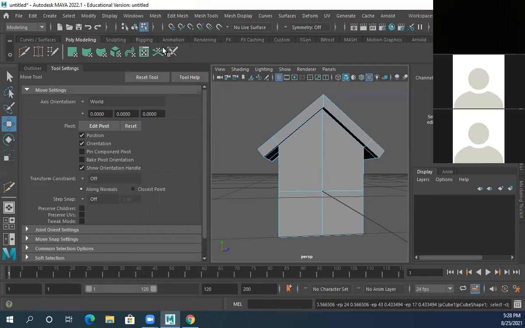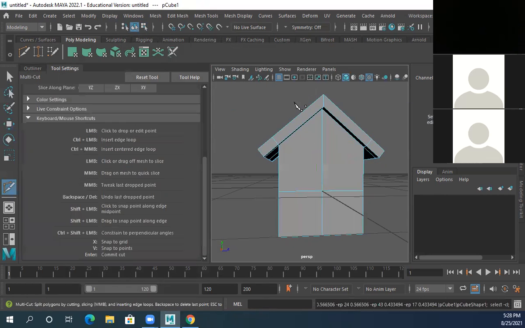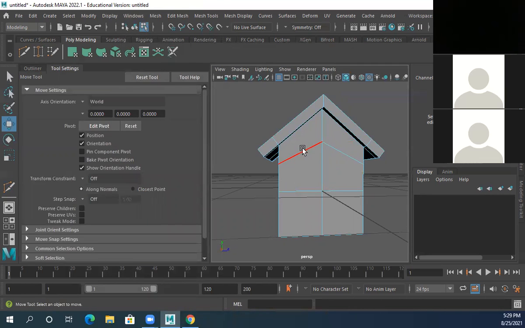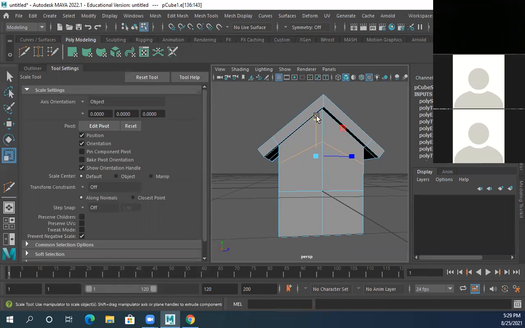So I went over and selected our object, Shift, right click to the multi-cut tool. I held down Control, and this is where you can add your edge loop. I'm going to place it anywhere, it doesn't really matter where. Then I'm going to press W for move, double click this edge, R for scale, and take this bar right here and scale it down so it's